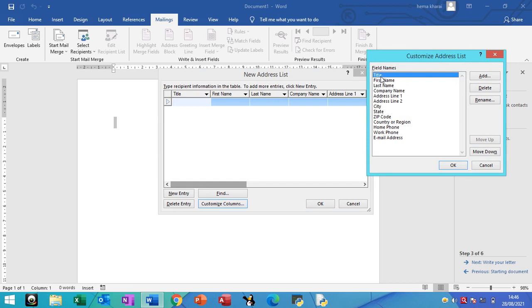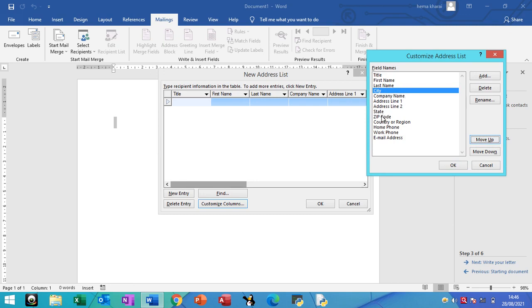So I need title. You may skip title also. Then first name, last name, company name I don't want, address line I want city. So you click on city and bring that city here after last name. Move up. You can see city is after your last name.